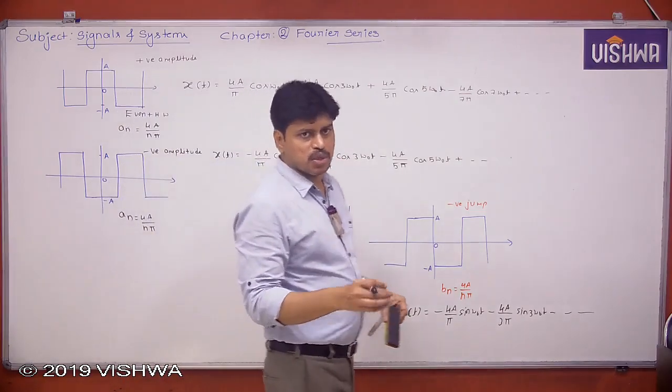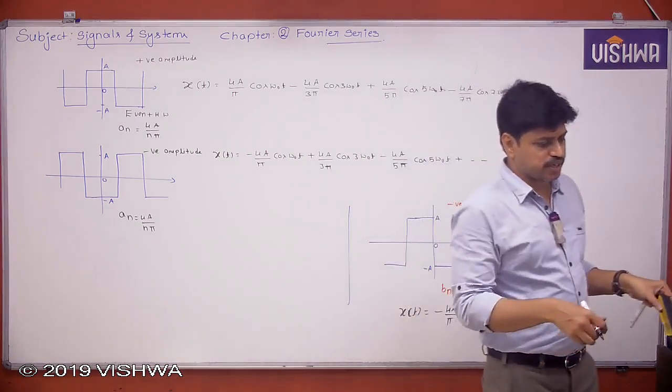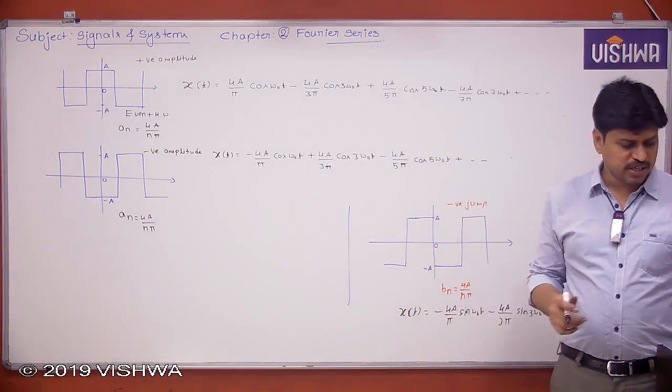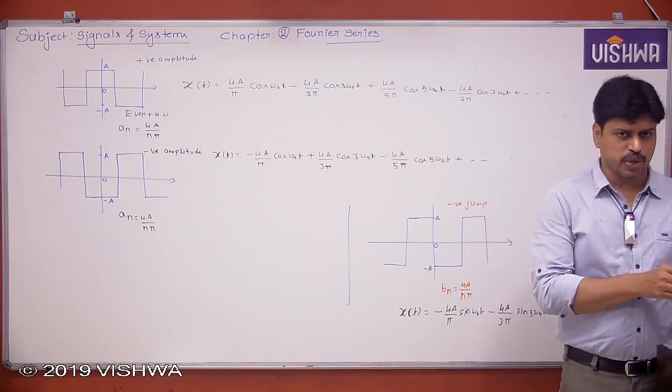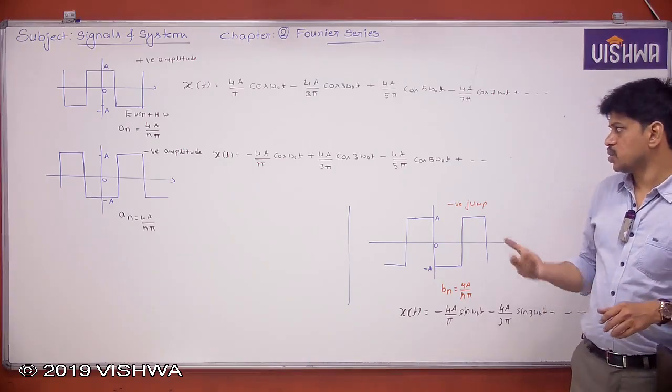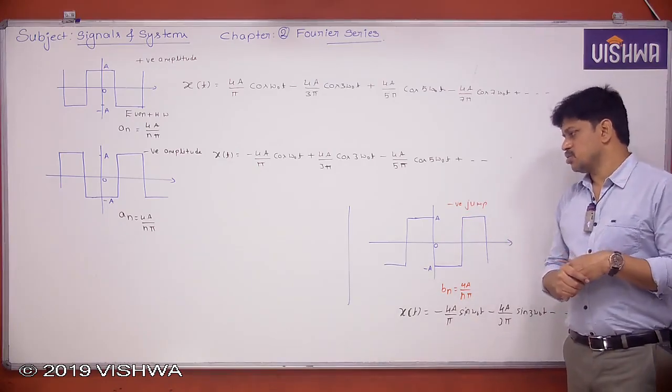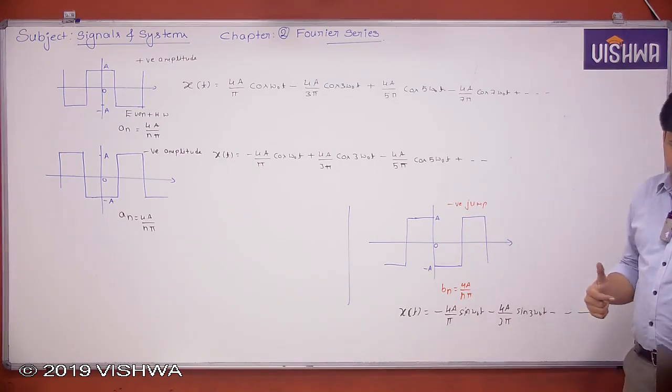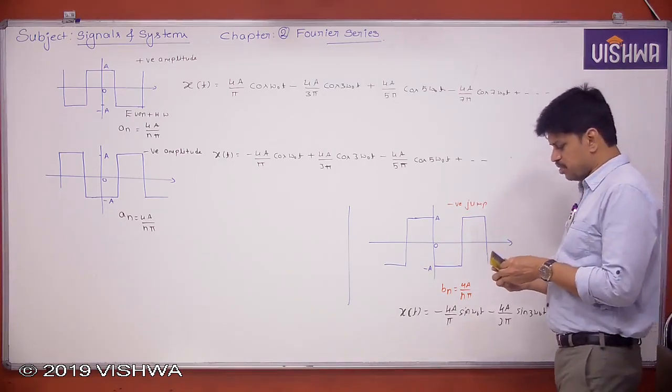I hope you understood. So if you remember them, then it is easy to write any equation if it is an even square wave or odd square wave. So there are four waveforms, even and odd. So these are the four waveforms you have to remember. Clear? Take down. If you remember them while we are doing the questions, it is